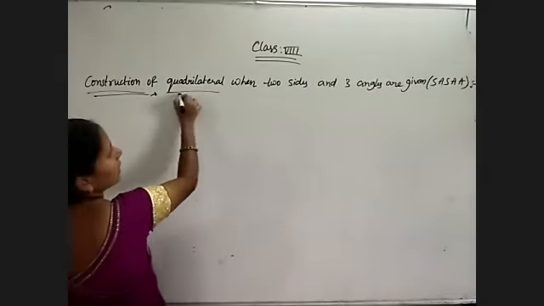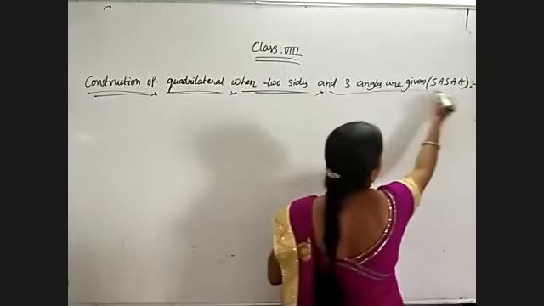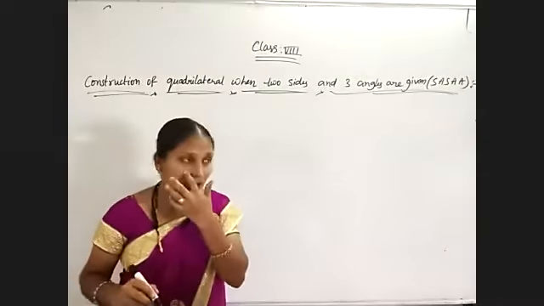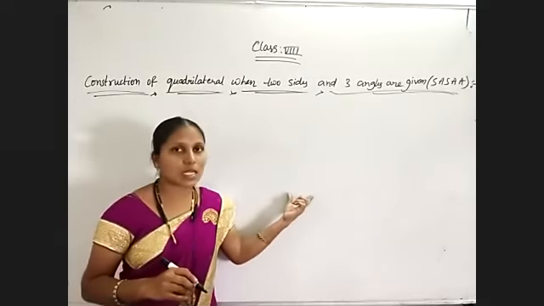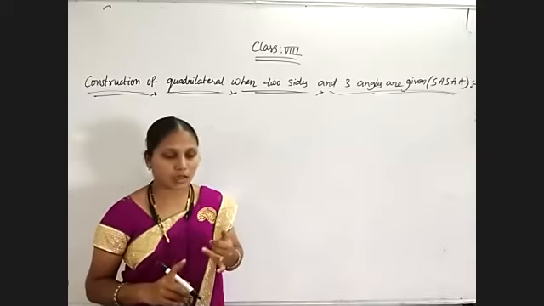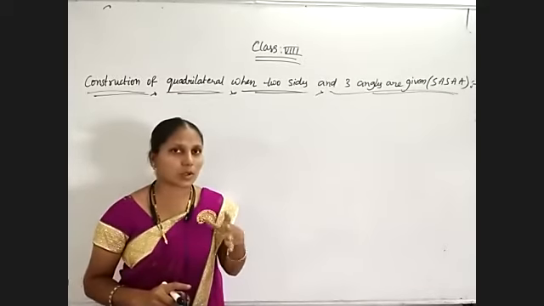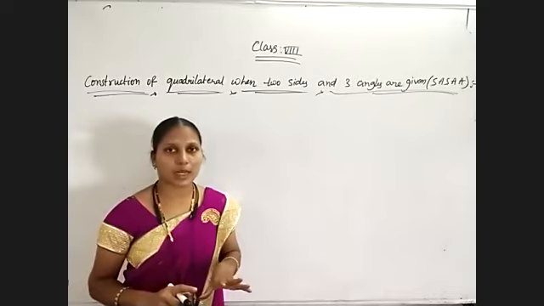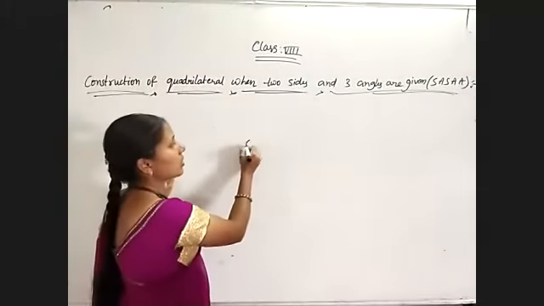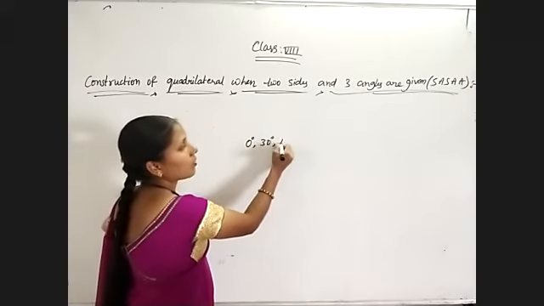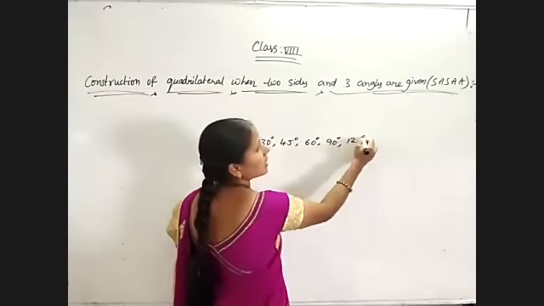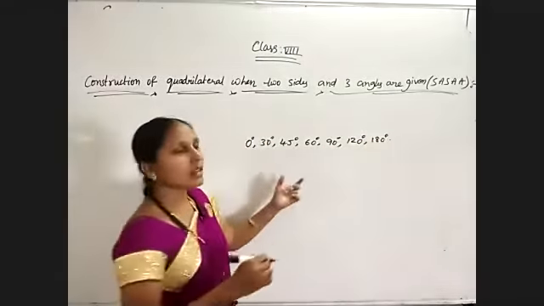See, actually, when we are dealing with more than one angle, we will use some of the angles. Like in the first class, I explained how to construct 60 degrees, how to construct 120, how to construct 90. So all those angles are said to be standard angles. To construct the standard angles, we shouldn't use a protractor. We will use the compass directly. The protractor is for constructing non-standard angles. Standard angles in the sense 0 degrees, 30 degrees, 45 degrees, 60 degrees, 90 degrees, 120 degrees, 180 degrees. All these are standard angles.